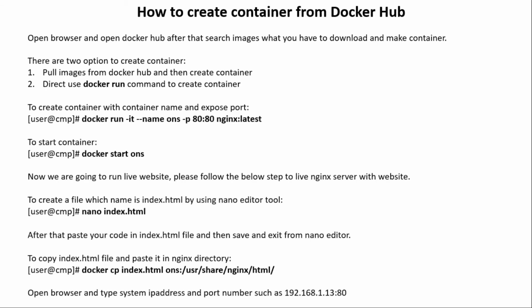There are some steps which you need to follow one by one, and in this practical we will do one live project, one website, and we can access it from outside the Docker container. So how can we create a container with a container name and expose a port? What is the command? docker run -it --name